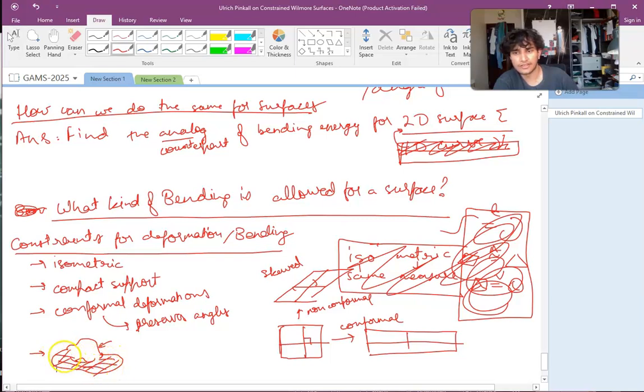Okay, I say all this simply to emphasize that this bulge you see here is a deformation. And let's suppose it's conformal, compact, and isometric. Now, what I'm worried about is that if I start to mess with what happens in the boundary over here, then I can easily come up with non-elastic